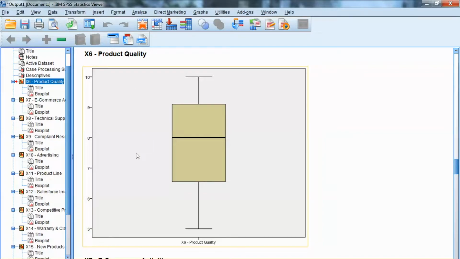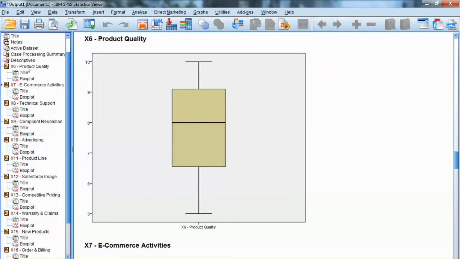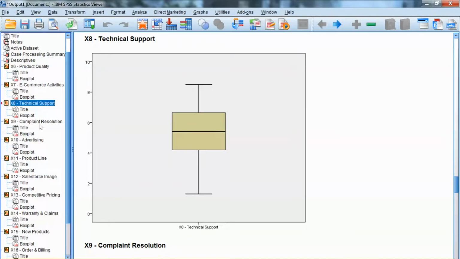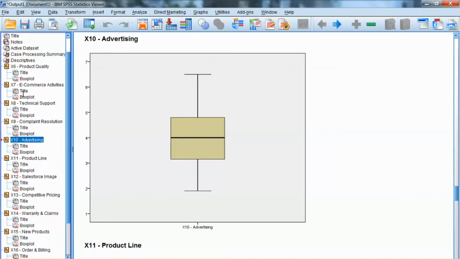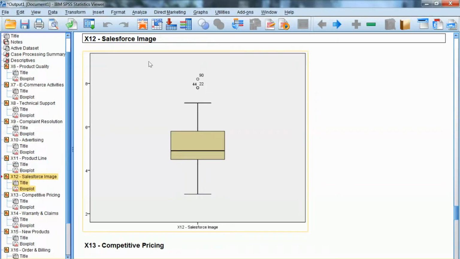If the data are distributed normally, approximately 95% of the data are expected to lie within the inner fences. The points are outliers. These are defined as values that do not fall in the inner fences. Outliers are extreme values. The asterisks or stars are extreme outliers. The number indicates the case numbers with outliers.